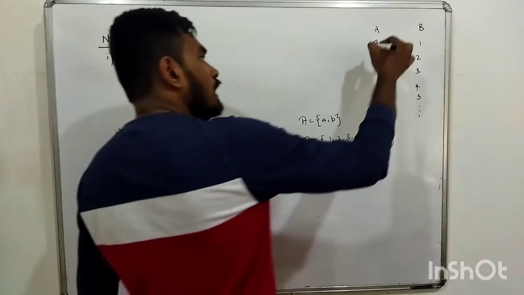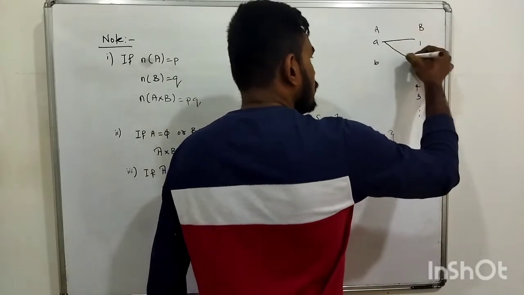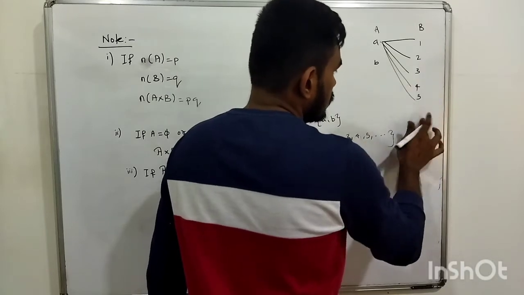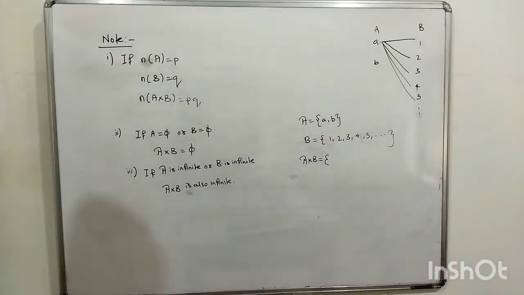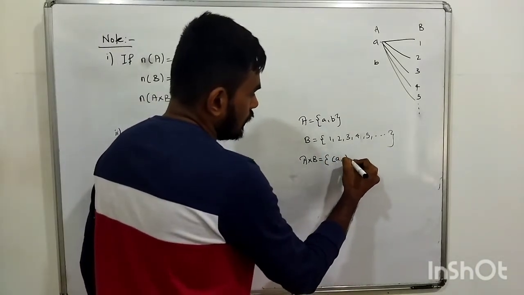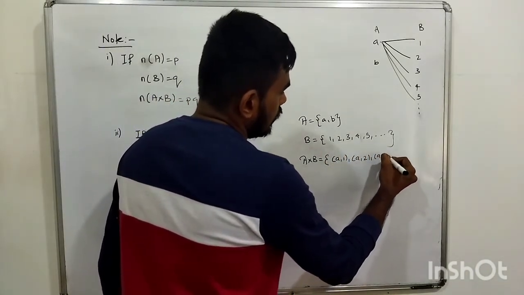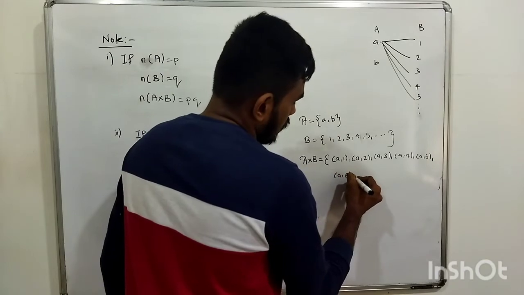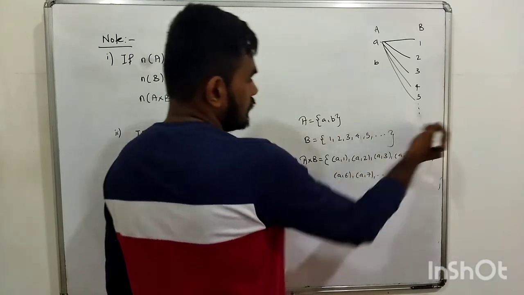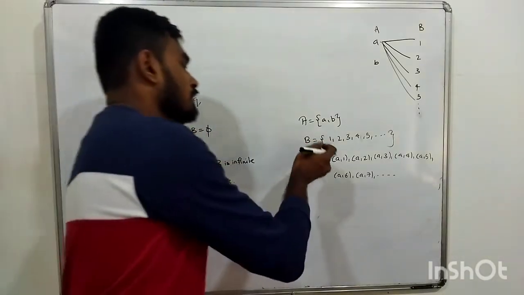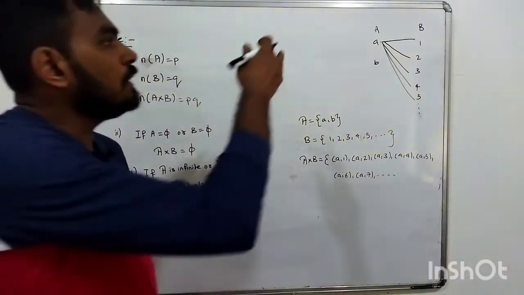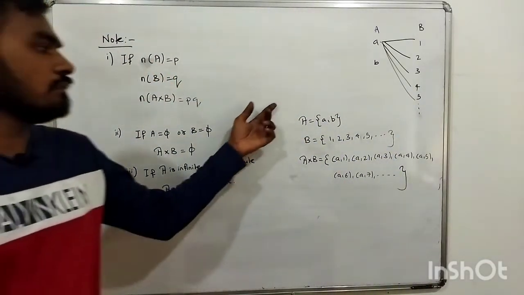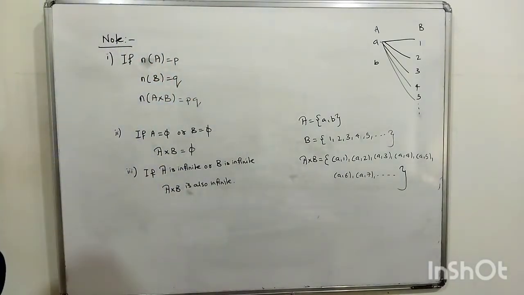Now I'll relate one by one. A I can take with 1, then A with 2, A with 3, A with 4, 5, then 6 is also there, 7 is also there. There are many elements here. A with 1, A with 2, A with 3, A with 4, A with 5, A with 6, A with 7 and so on, because this continues here. Similarly b is also there. First of all this a will not finish, and then that b will start, and that will also not finish. So that's why this is also infinite. If any one of these is infinite, then A cross B is also infinite, okay.